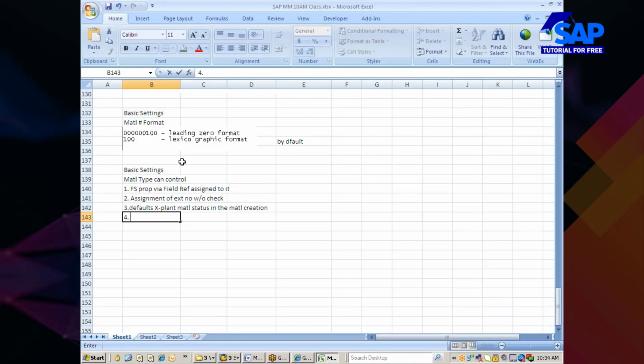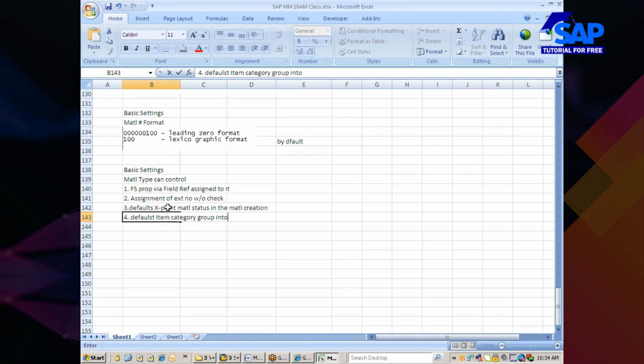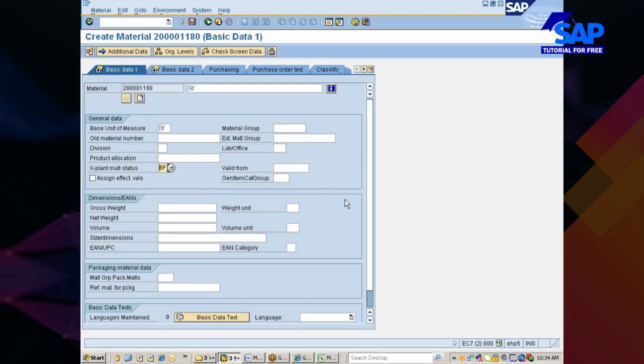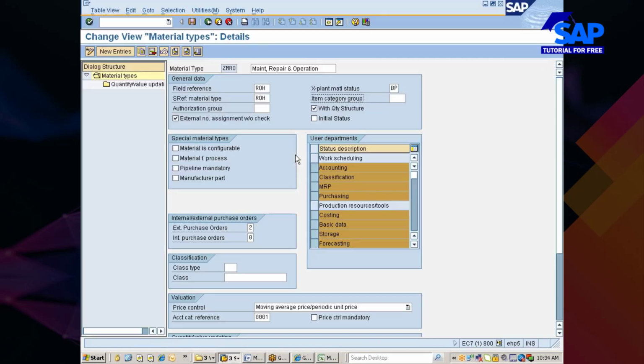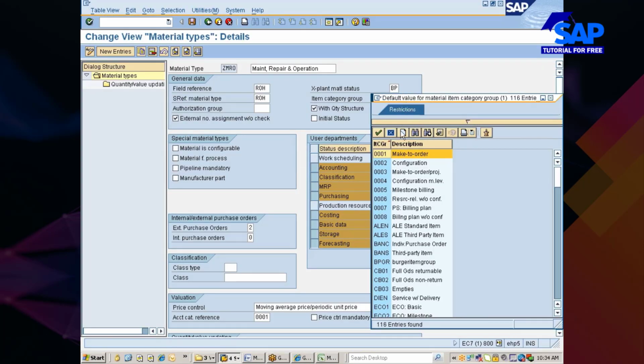This will also default the item category group into the material creation. If you maintain some value over here, that will automatically come and be added over here.